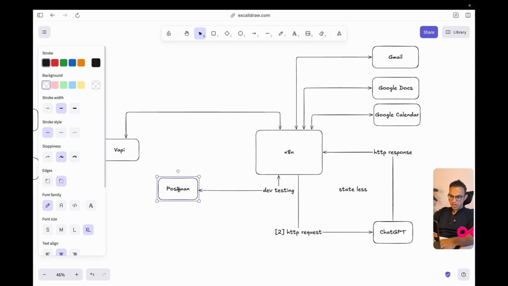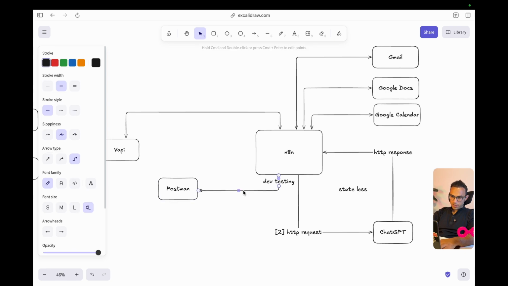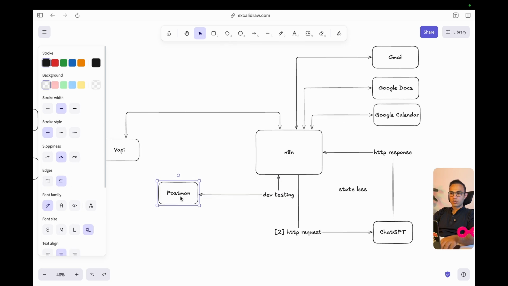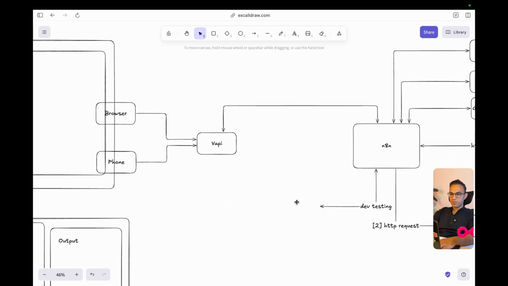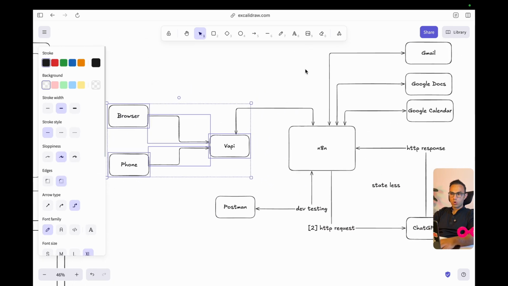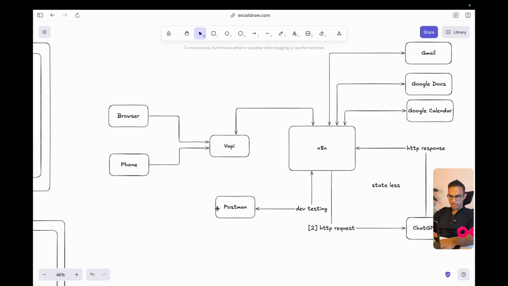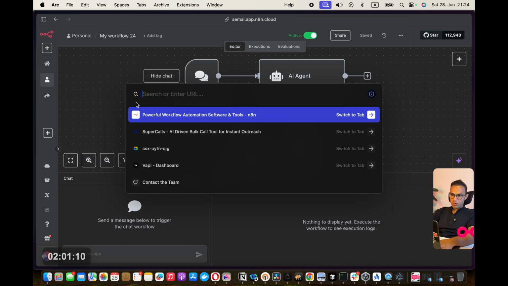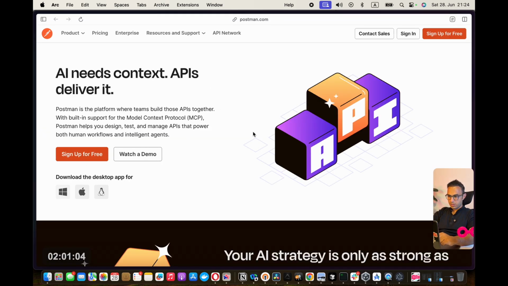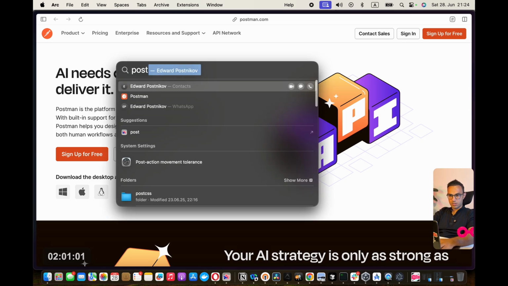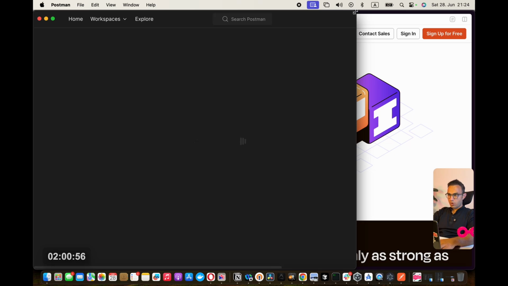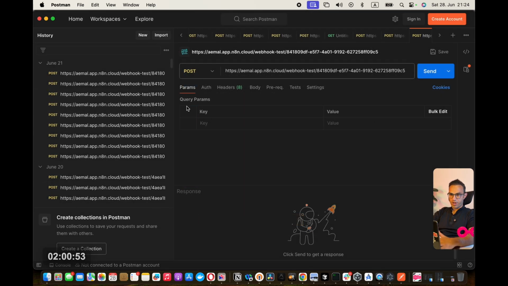I bring Postman here. Once the Postman development is done, I will remove Postman from in between. Well, I can keep Postman as well, but basically my entire workflow should work with n8n off the shelf. That's why we are going to bring Postman in now. You can go to postman.com and download it and use it for your own software, but I already have it installed, so I'm going to open Postman and explain a few features, and then we'll change our workflow to be compatible with Postman.